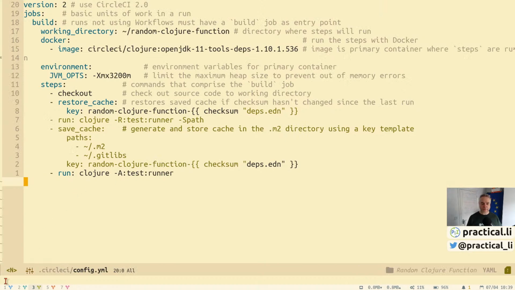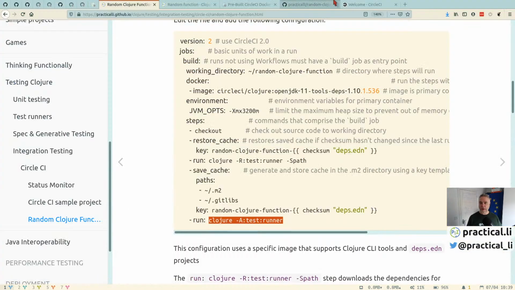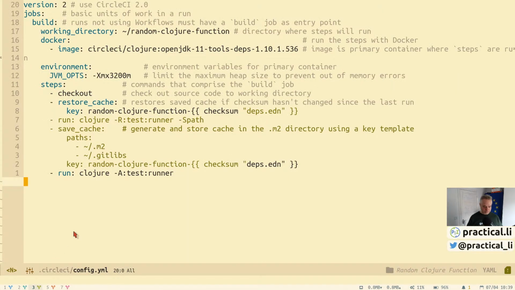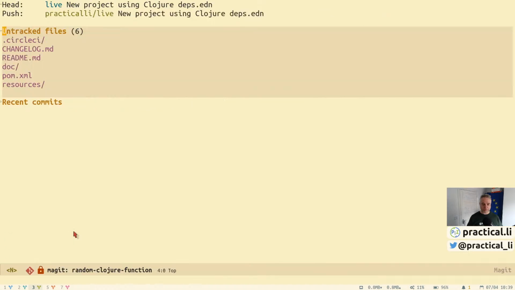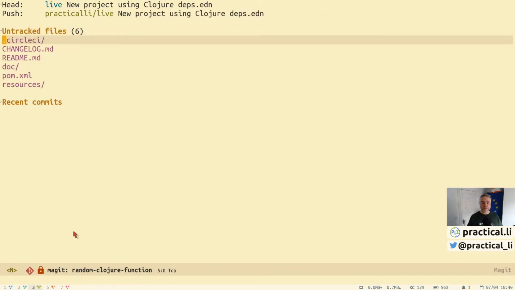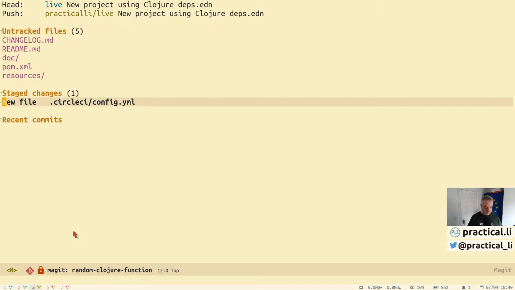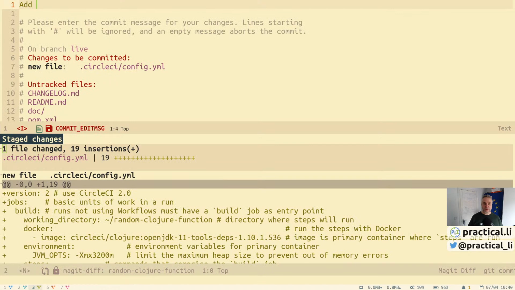So now we can go back to CircleCI and set up a project. Oh, actually, let's push that to Git first. So I'll go into my Git client, and you can see we've now got this CircleCI directory. If I stage that, it's going to stage the directory and the file inside that directory. Do commit and call